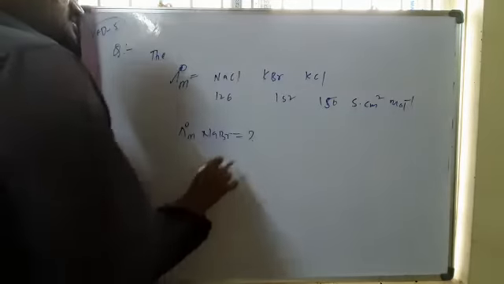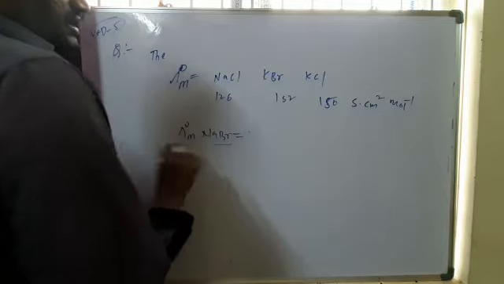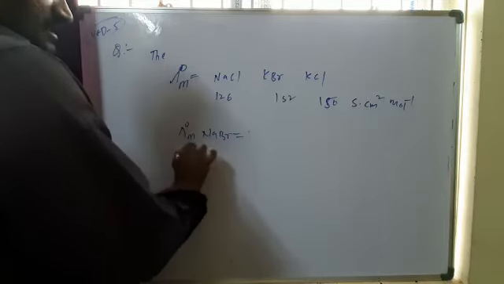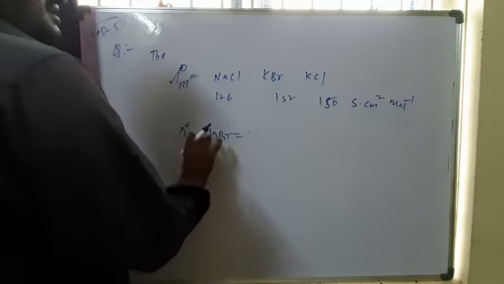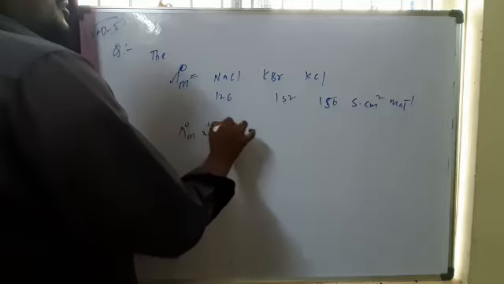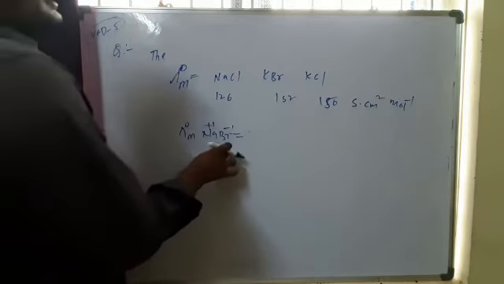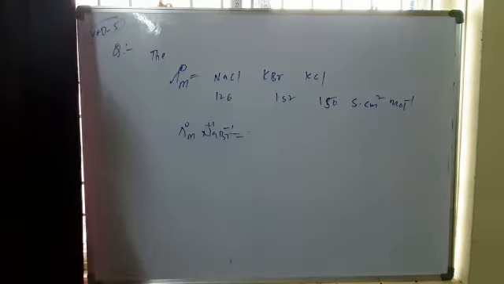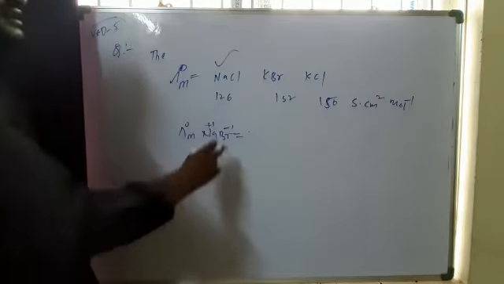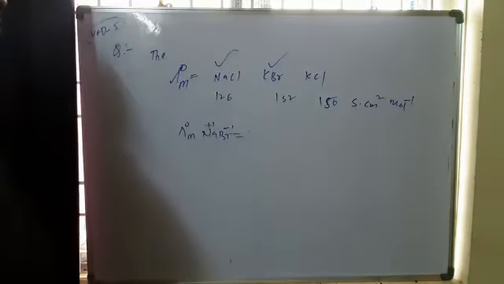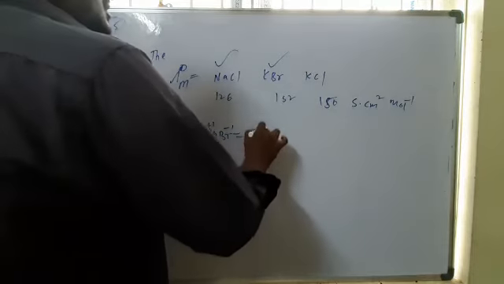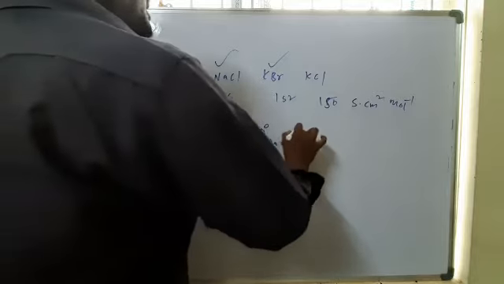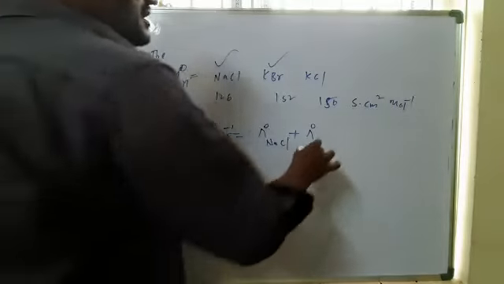So in this case, to calculate the limiting molar conductivity of NaBr, first, for the substance they asked, what ions are present? Na plus and Br minus ions are there. Among the given values, you find where these ions are present. Na plus is present here and Br minus is present here. So you add those values and subtract the other. So you will get the molar conductivity of NaCl plus the molar conductivity at infinite dilution of KBr minus the molar conductivity